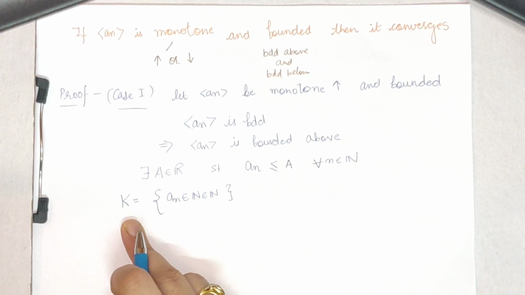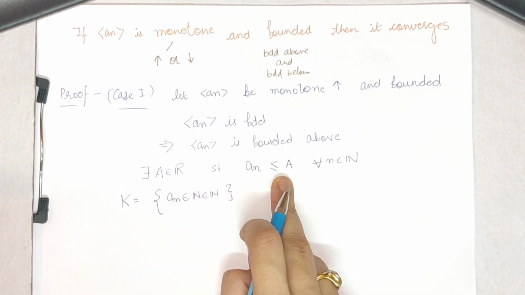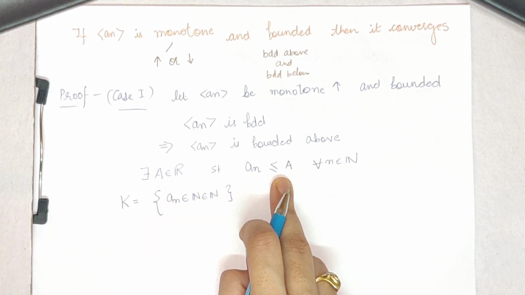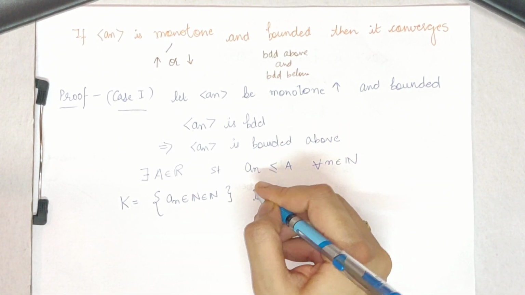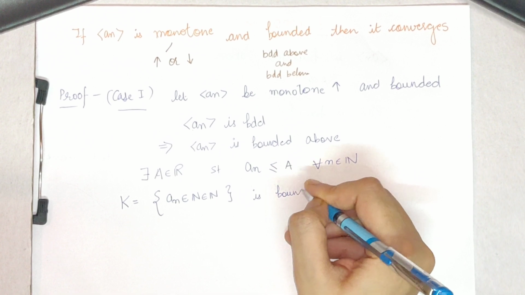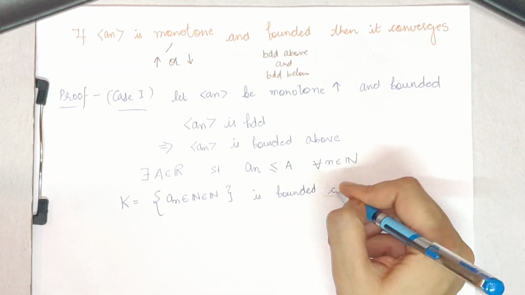Every member of this set K is less than or equal to A. So this set K is bounded above by